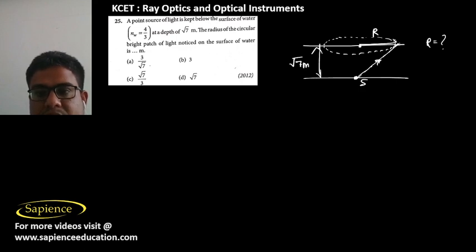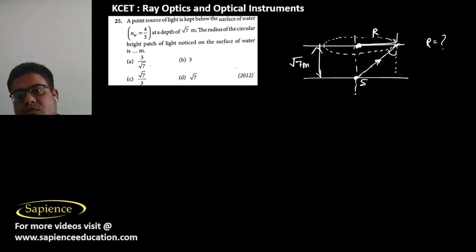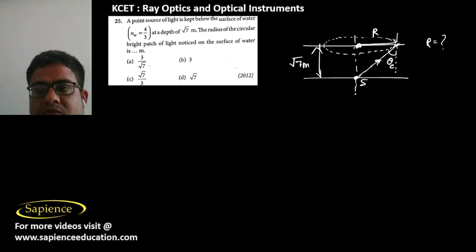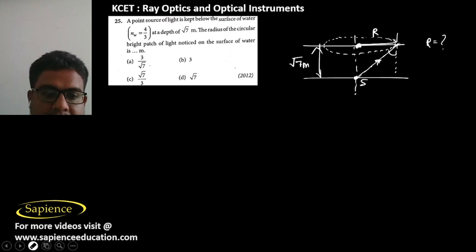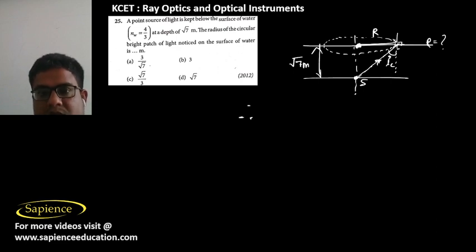So here actually we should use the concept of the critical angle of refraction. So here the critical angle is what we have to find. So this is theta c, suppose, which is the critical angle. I can say that it is IC, the critical angle of incidence. So here the angle of refraction will be 90 degrees. So therefore here you can say that